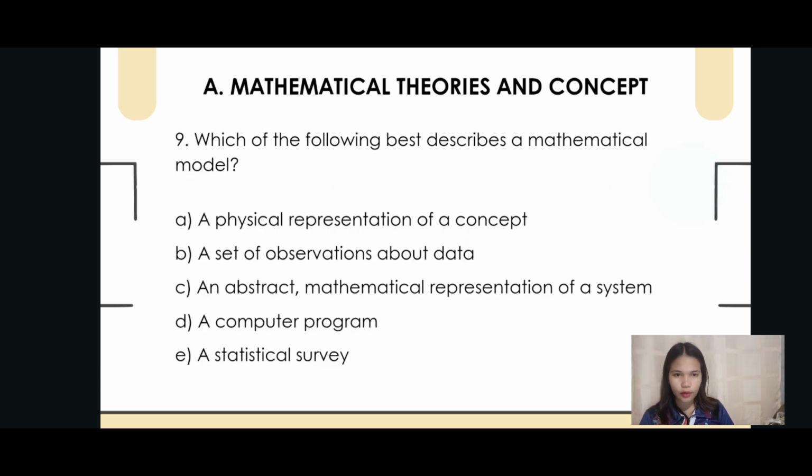Number 9. Which of the following best describes a mathematical model? A. A physical representation of a concept. B. A set of observations about data. C. An abstract mathematical representation of a system. D. A computer program. Or E. A statistical survey. So a mathematical model is a quantitative description of a system that uses mathematical language and concepts